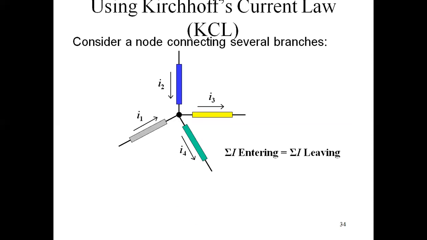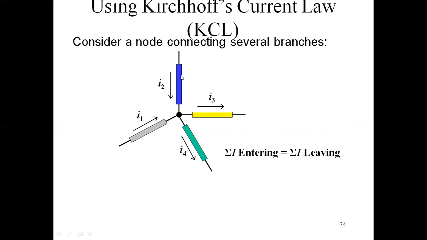Now here consider a node connecting several branches. So here is the node. These several branches are meeting at this junction or at this node, and different values of currents are flowing in different directions to this node or through these branches, and all that current passes through the node. But the resultant current at this node is always zero, because